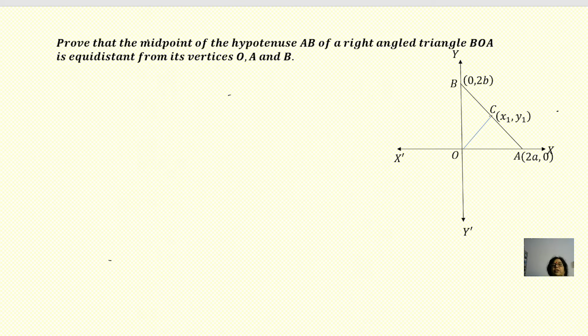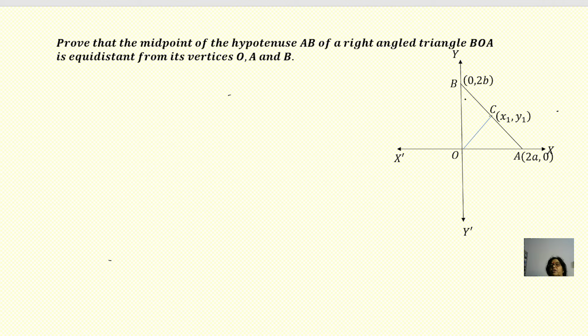The next question is, prove that the midpoint of the hypotenuse AB of a right angle triangle BOA is equidistant from its vertices O, A and B. Here we are asked to prove this particular statement, that is, the midpoint of the hypotenuse is equidistant from the three vertices. Now, in this case, the representative figure is given, the coordinates of the points are also given, but